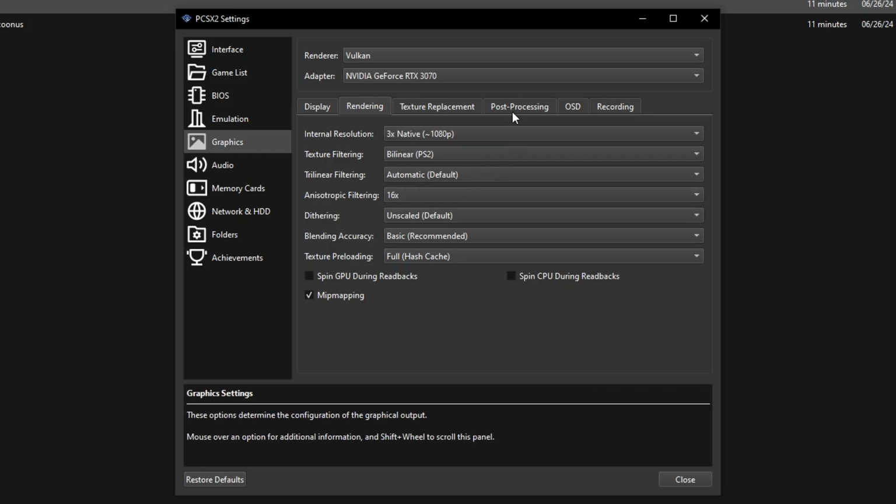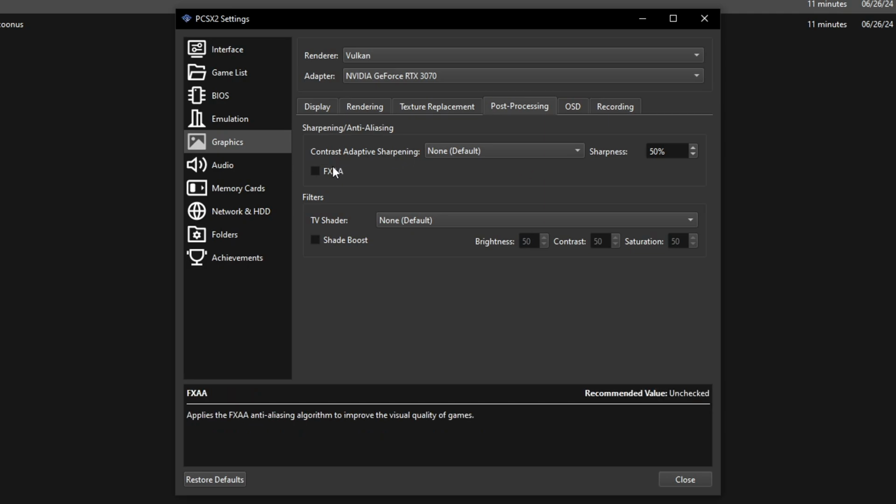Also here on the post-processing, there is an option here to enable the FXAA sharpening anti-aliasing. This will make the image of the game look sharper, and you can play with this setting here. You just click on FXAA and you can change the sharpening percentage as well. Personally, I like using the FXAA, but only in certain games. And on the Sly Cooper games, I don't like turning this on, but that's going to be up to you.